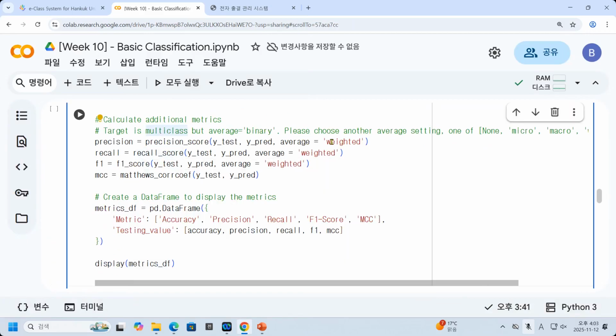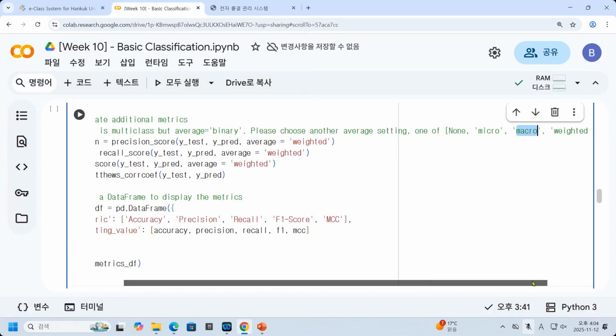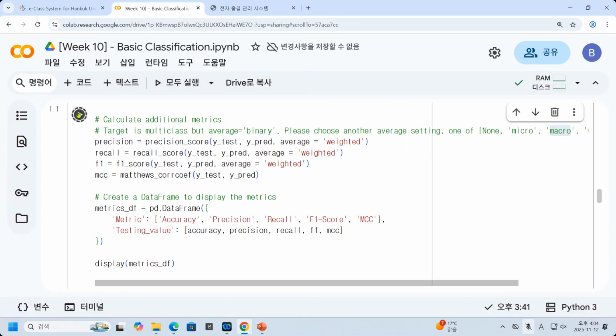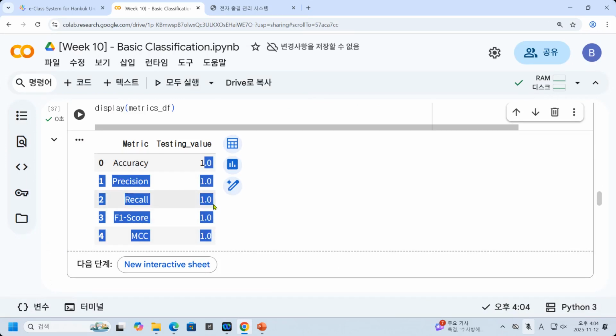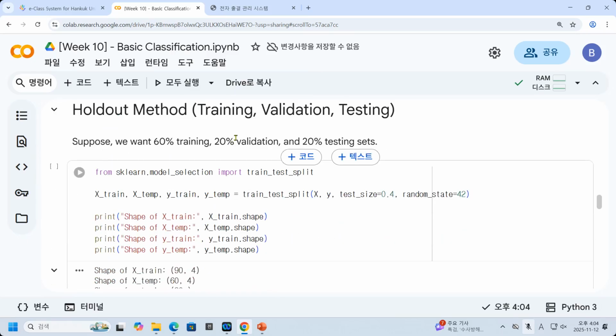Okay, we use the weighted average. You can check later what the difference in the result is if you use micro or macro. And this is the testing result. All ones, everything is good, so we can perform the other kind of